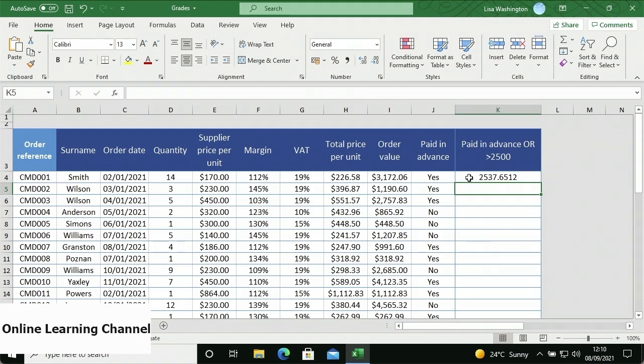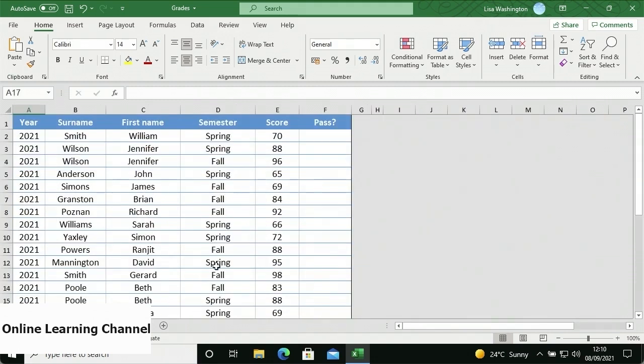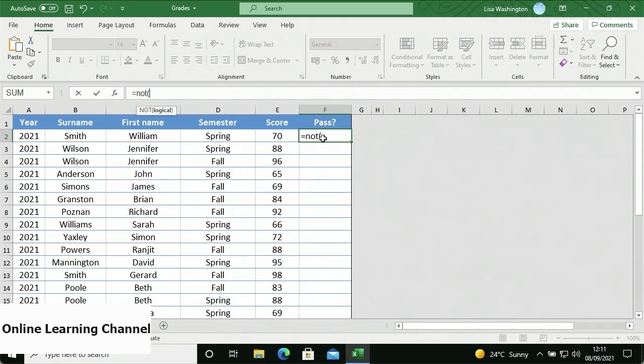In Excel, you can also use the NOT function to test logical values. The NOT function returns the opposite of a logical value. I'll switch to the Grades Worksheet tab at the bottom left. For example, I want to see if the score values in column E pass or fail. To do this, I'll first select cell F2, insert an equal sign followed by NOT and an open parenthesis,